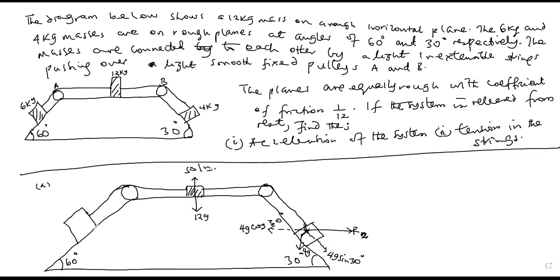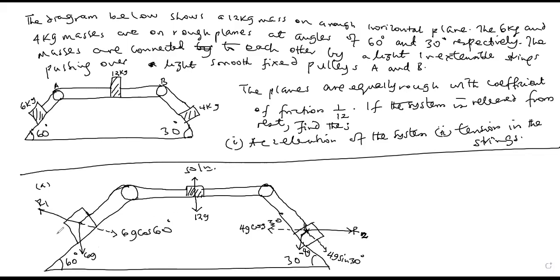So here we are having weight of 6G. Since we have 6 kilograms, the weight will be 6G. And the normal reaction is going to be R1, implying that here you have 6G